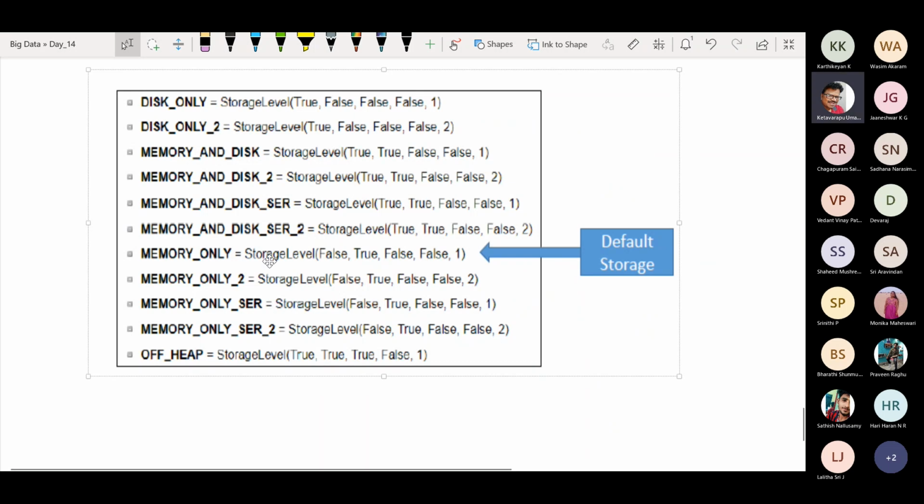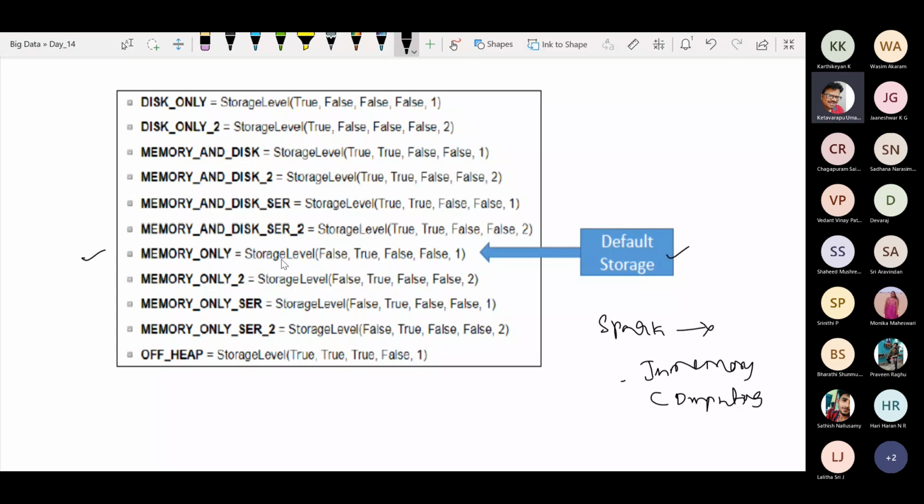So how is Spark internally storing the data? We know that Spark stores the data in memory. If you observe this diagram, guys, it is showing memory only as the default storage, because our Spark is popular because of this in-memory computing. So obviously, if you are talking about the memory orientation, your storage level is